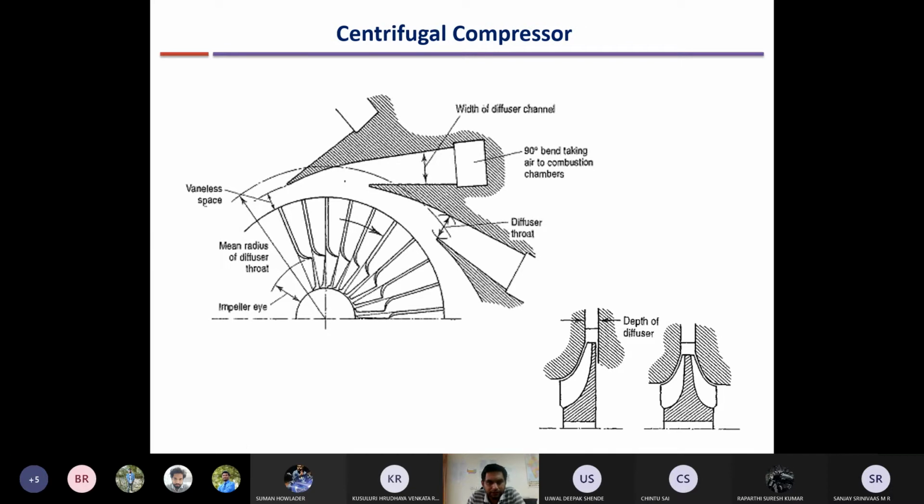Okay. So if you look at it, I hope you can look at the schematic diagram of the centrifugal compressor. Can somebody still confirm? Yes, sir. Okay, this is from the Cohen-Rogers book. So if you want to read more details, you can go through that book.